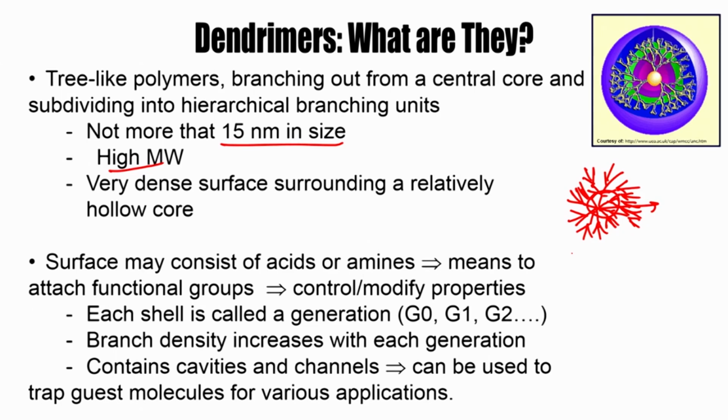So, these surfaces may consist some acids and amine or other functional groups that you can use to attach different drugs. So, typically the drugs is covalently attached to it. So, you can then attach your drug D to all of these outside branches, and because its nano size is a very high surface area, you get a very high drug encapsulation or drug conjugation on the surface. And the way these are defined as these are called generation. So, G0 is the initial core, the first branching is essentially G1, the subsequent branching is G2, and so on and so forth. Typically these go on up to G6, G7,